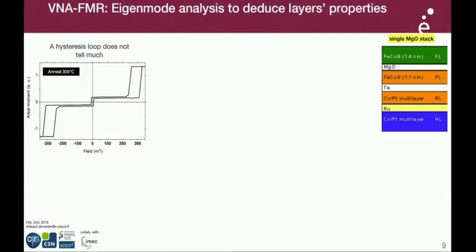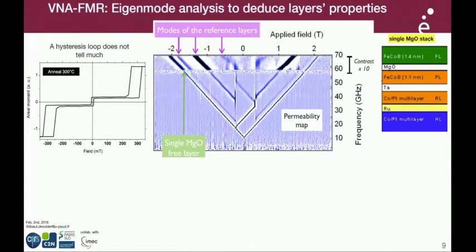So if on each of these ground states that you can prepare by a static field, you could measure the eigenmodes of the system, then this would tell you more. And this is what we do by VNA FMR. Now you have a graph where for each applied field in abscissa, you scan the frequency from 0 to 70 gigahertz, and you see a number of eigenmodes that appear as resonance in the permeability spectra. In this sample where you have 4 magnetic blocks, but you were only seeing 3 different switching events in the hysteresis loop, you still see in the eigenmodes that you do have 4 eigenmodes